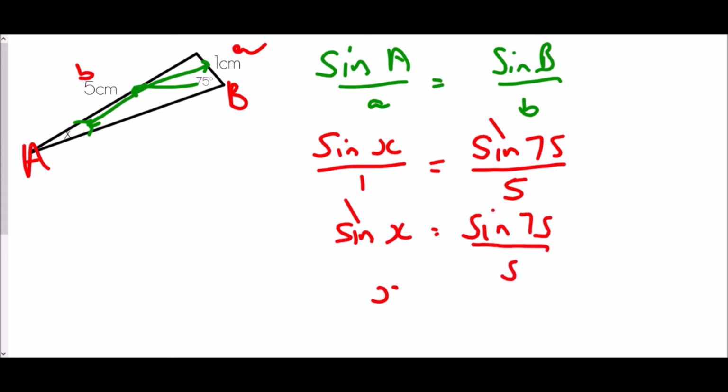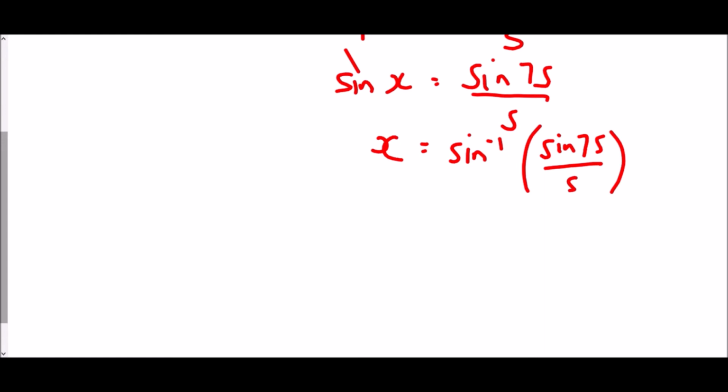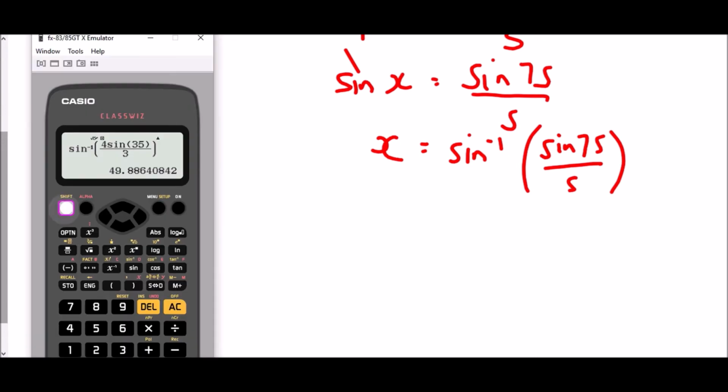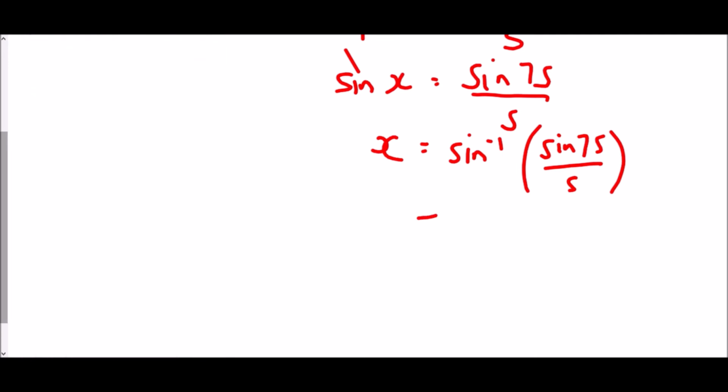And therefore, to get x all on its own, I need to do the inverse sine of sine 75 over 5. And all I'm going to do is type that into my calculator to get the answer straight out. So shift sine fraction, sine 75, close my bracket, over 5, close my bracket, equals, and that is telling me it's 11.139